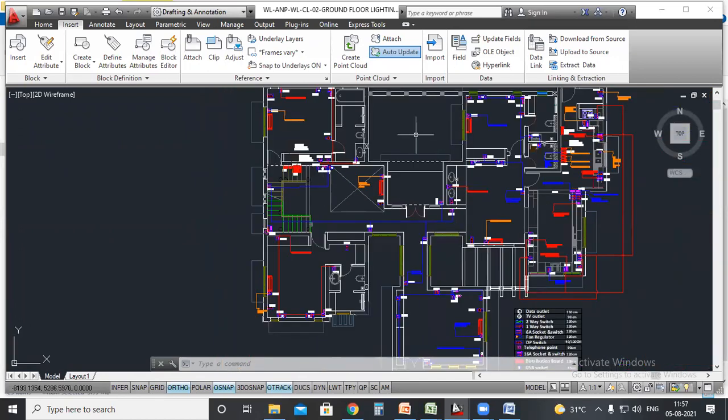Okay, so regarding the phase wiring and distribution board selection, I hope it is clear. If you have any doubts regarding the DB selection, you can ask. And regarding the phase wiring and all, this is actually coming in the final project class. You will need to do an individual project, like a small project, similar to this one. At that time, when you do it, you will understand. By seeing this load schedule wiring and control wiring, you will not get an idea now. But when you do it, you will get a clear picture regarding the phase wiring and control wiring. That is why I'm not giving more explanation on it.